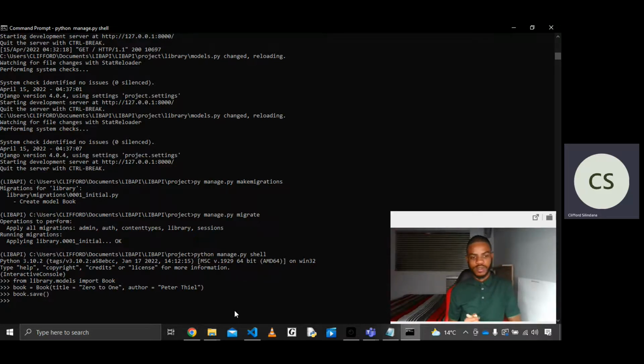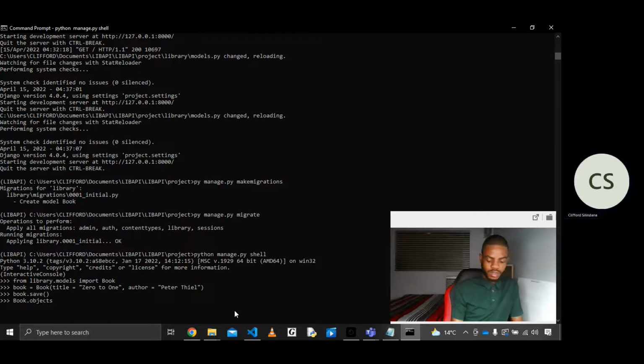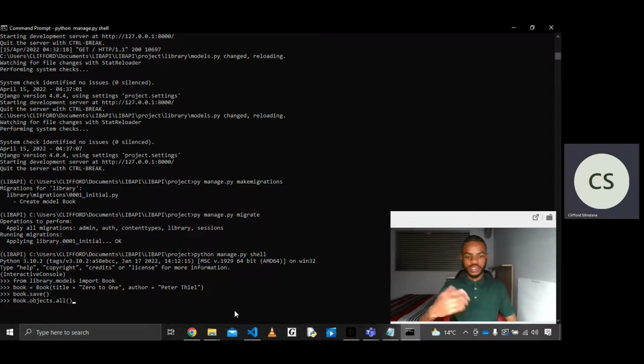So we're going to have the save method, and then now if we're going to do a query on our book table, so this is similar to select all from book table in SQL. This statement here is similar to that. So it's telling us that we have one object of book, and then just to show that